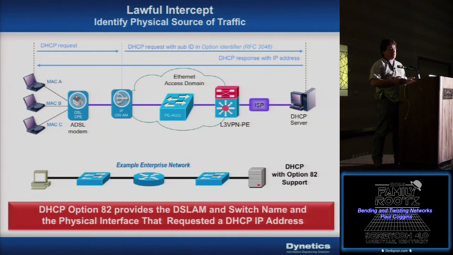Option 82, basically what happens if you're coming from your DSL modem or your fiber to the home, when your CPE, when your router, your broadband router, your computer comes online and sends a DHCP request, the access gear that you're terminating your connection to, your first initial layer 2 hop, is going to see that DHCP request, and it's going to inject into the header the physical chassis name and the physical interface that your connection is terminated to, and then it sends it up to the DHCP server that supports Option 82 logging, and that will map along with your MAC address to the IP address that you've been allocated,